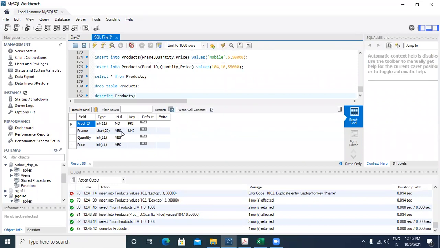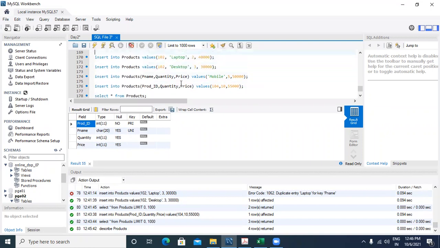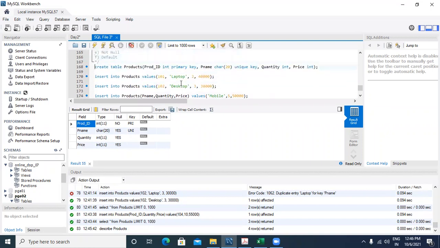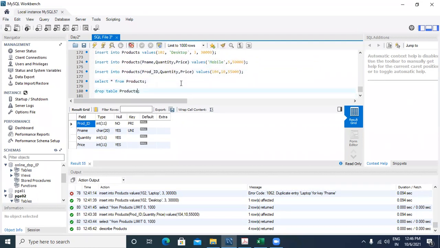It is still optional. What if I want to make this a mandatory column, similar to that of a primary key? Or I want to make my quantity a mandatory column, or price a mandatory column? What do I do? Here comes the role of the constraint called not null. So I will do one thing. I'll drop my table once again. I say drop and recreate the table with one more constraint